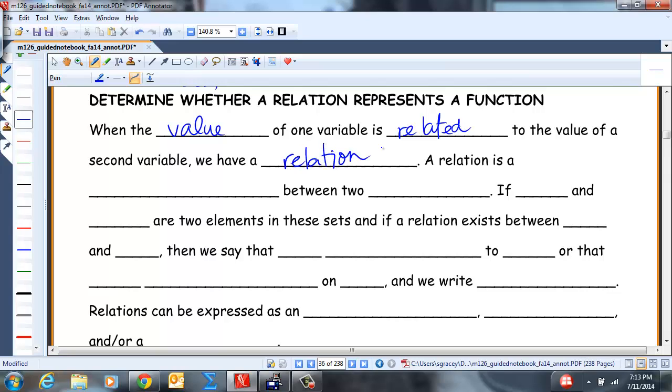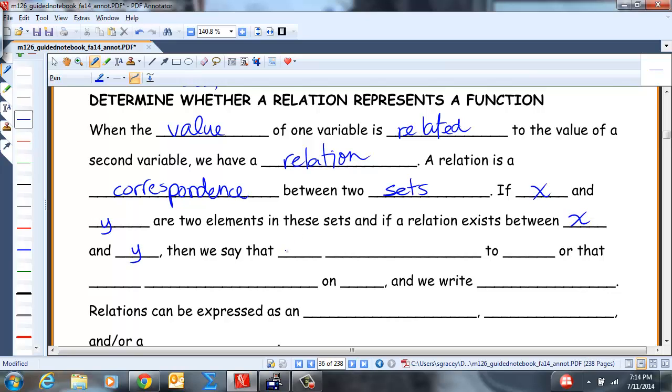So a relation is a correspondence between two sets. So if x and y are two elements in these sets, and if a relation exists between x and y,